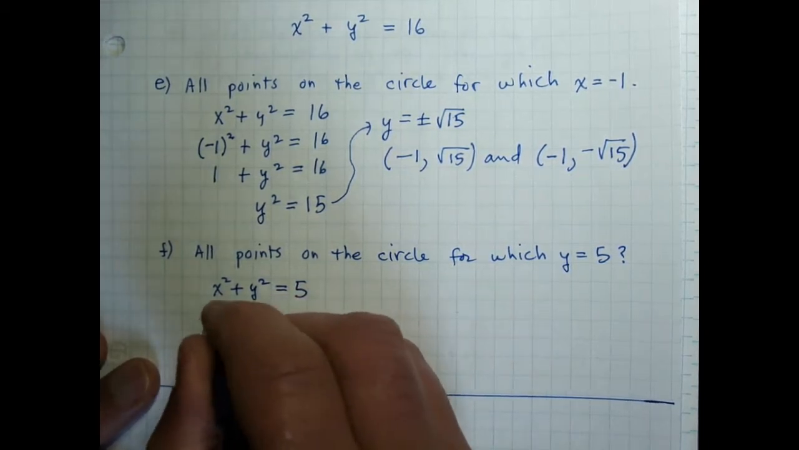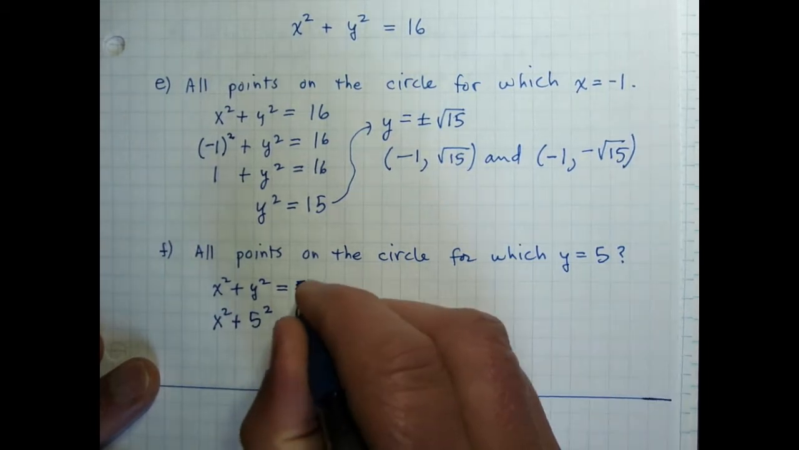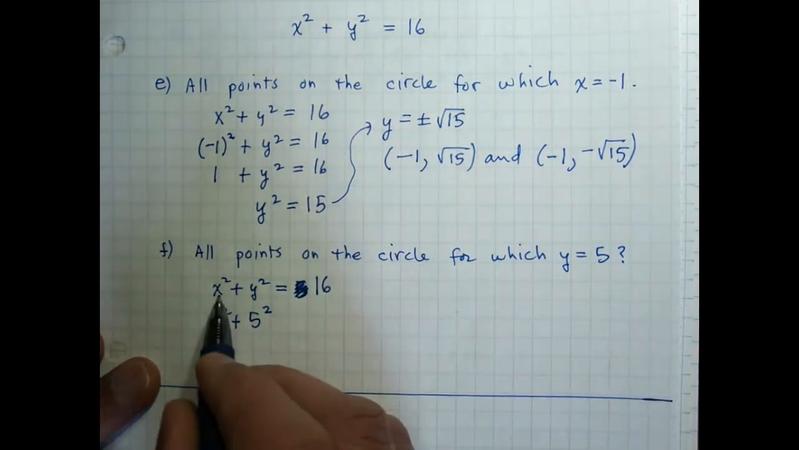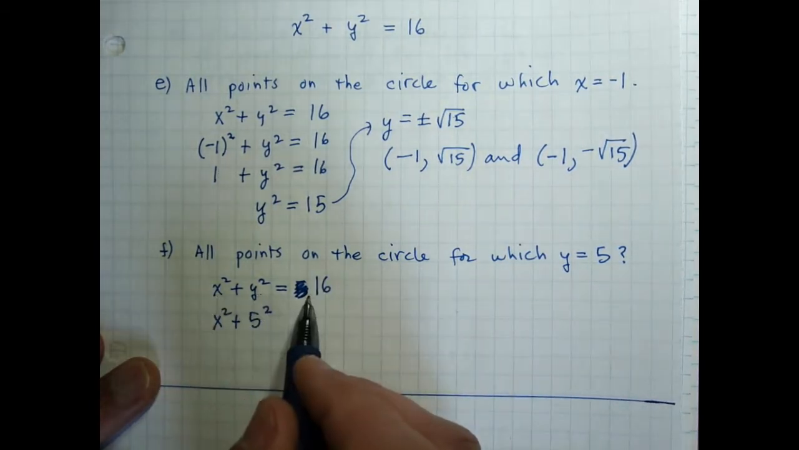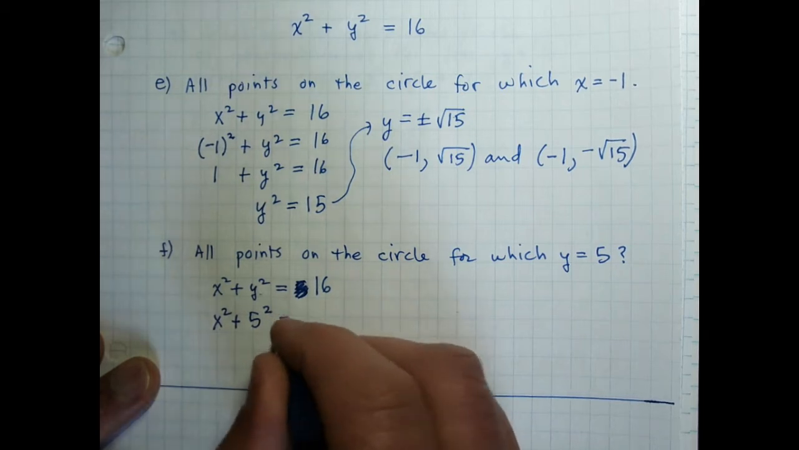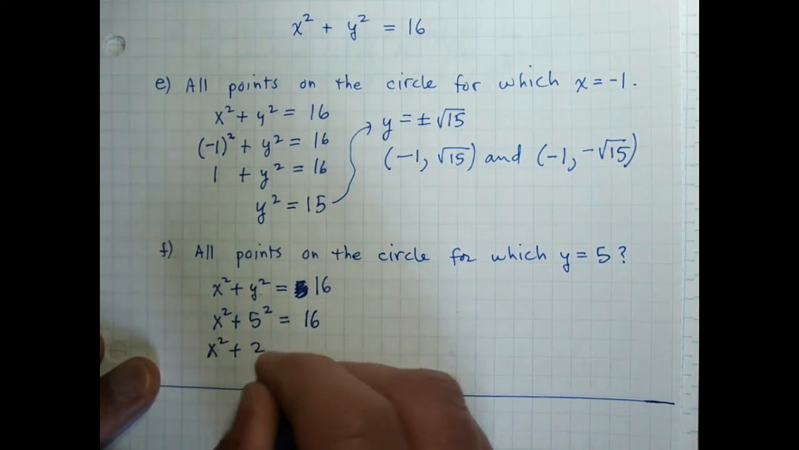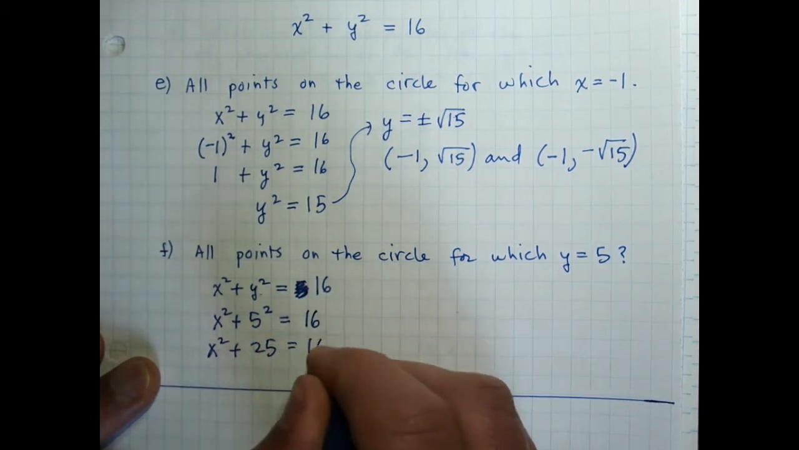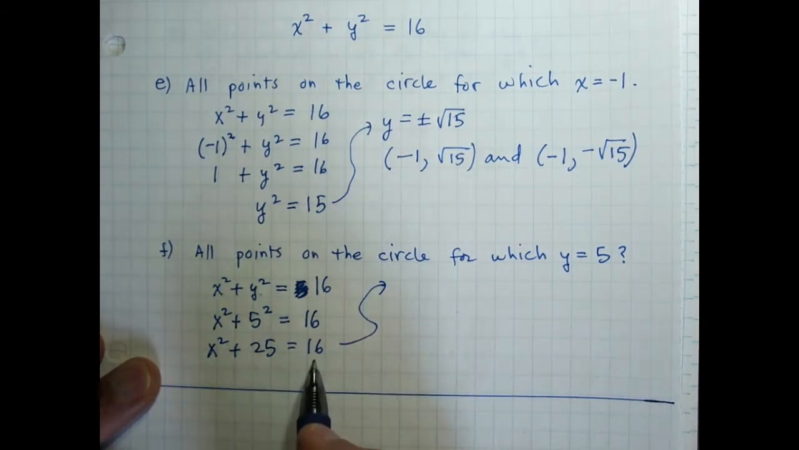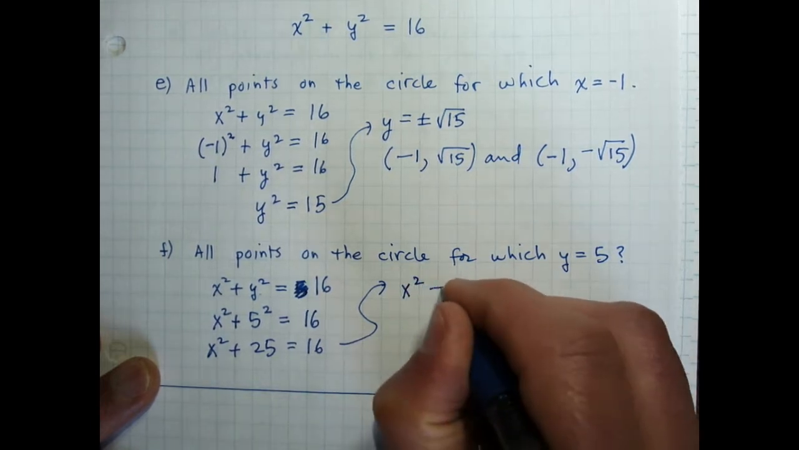Let's see, x squared plus 5 squared. Oops, that wasn't my typo. I should have written 16 there, right? So the equation is x squared plus y squared is 16. When I plug in y equals 5, I get x squared plus 5 squared equals 16. X squared plus 25 equals 16. Now I have to subtract 25 from both sides. I'm going to get x squared equals